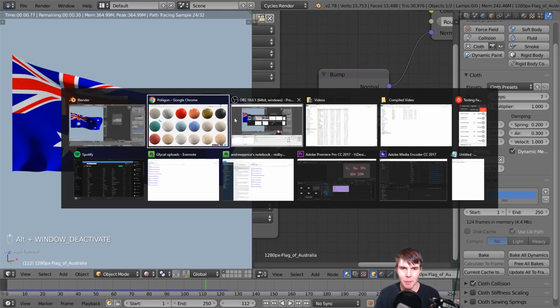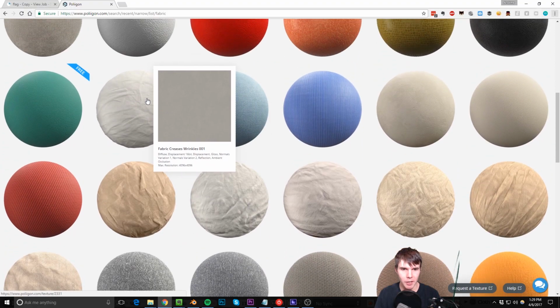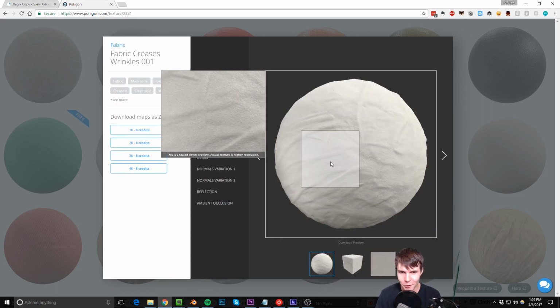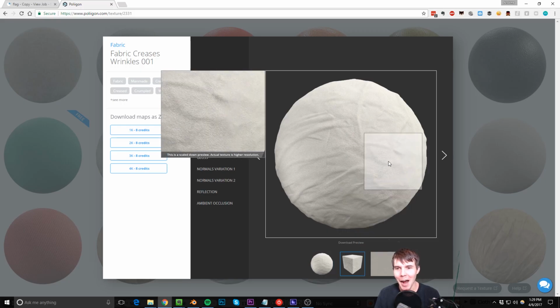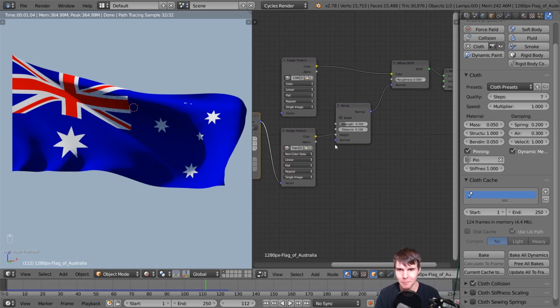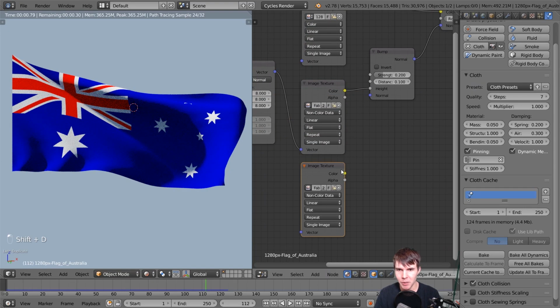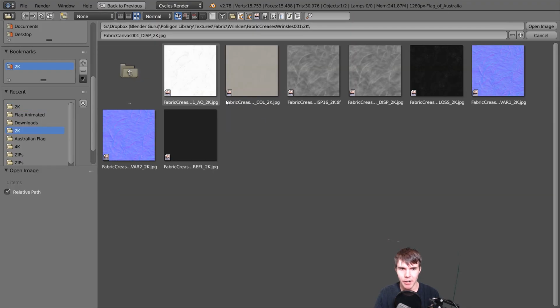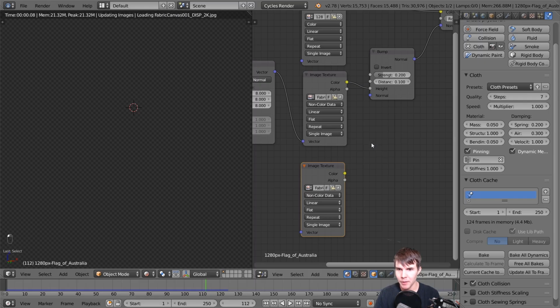So for that purpose, we created this special map, which our original texture guy was like, I don't know why we need this map. I'm like, no, trust me, it's gonna be awesome. What this does is it's a bump map, but it's for adding wrinkles to the object. So if we duplicate this image texture here, click open, and we add in that wrinkles map, which is this one right here, you can see we've got a normal map. So I'm going to use that normal map, click open,